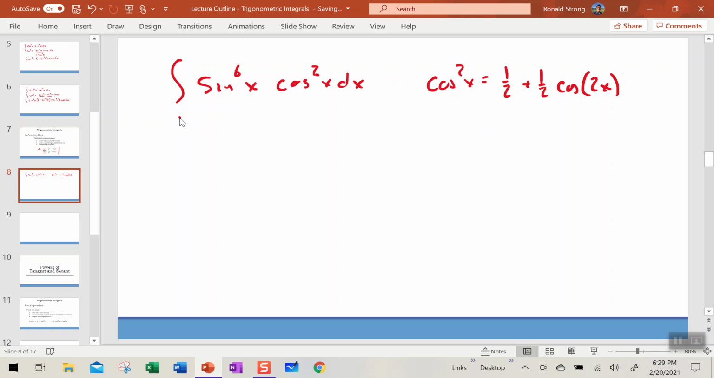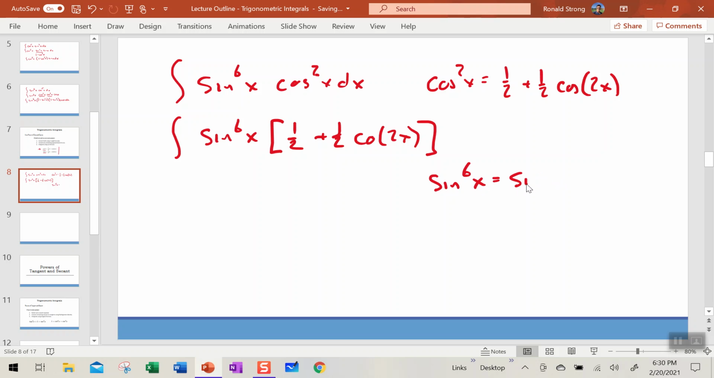So we would go over here, and we're going to take the sine squared x times 1/2 plus 1/2 cosine of 2x. All right, so we've converted cosine squared. Now, what about the sine squares? Well, we have to do the same thing there, unfortunately. We have to convert the sine to the sixth x